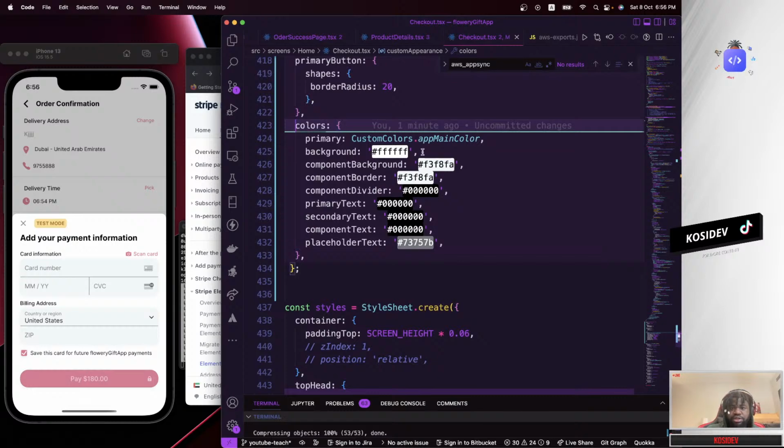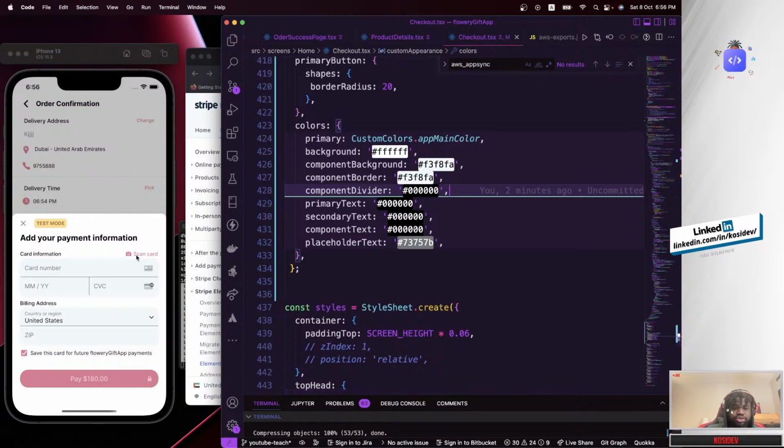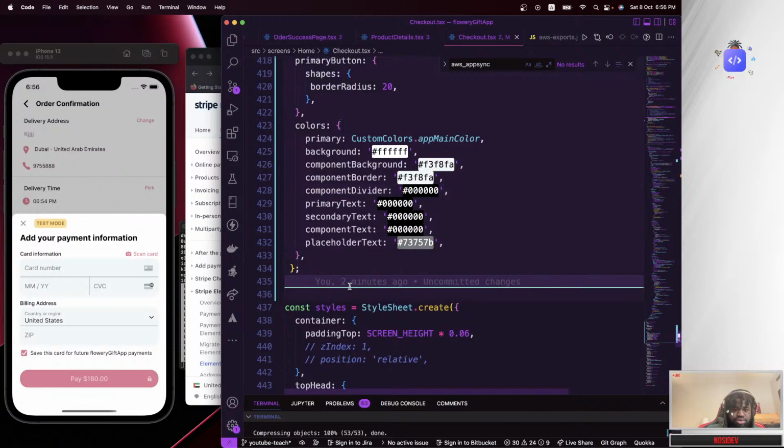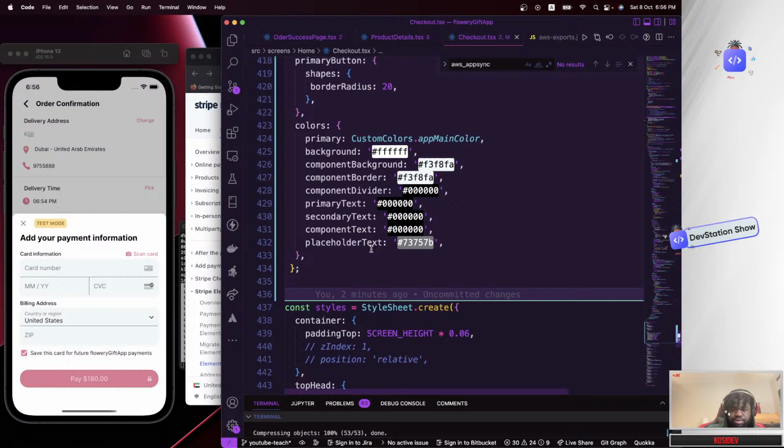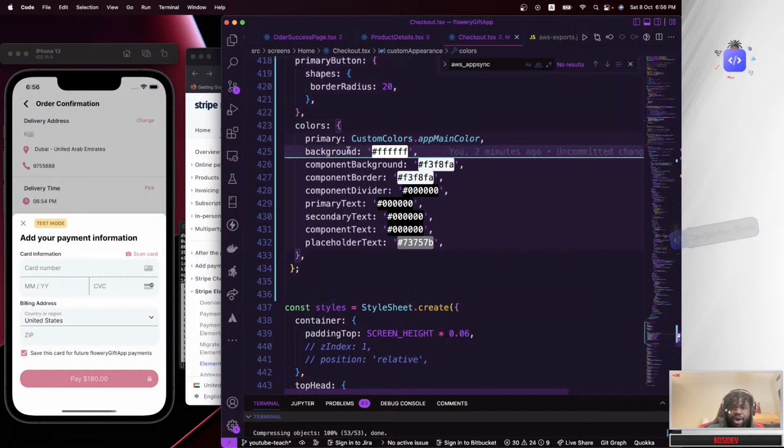And you have the colors. The primary color should be our app main color. That's why this is taking our brand color, and the button also, and the check icon here is also taking our colors. The background color, which we are passing as fully white, is the background color of this sheet, so it's all in white.